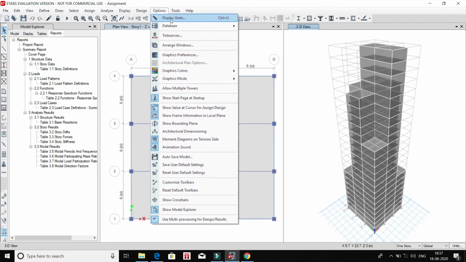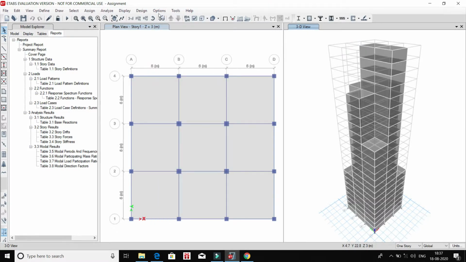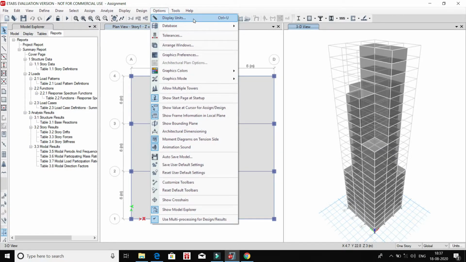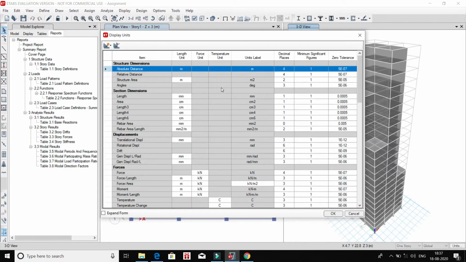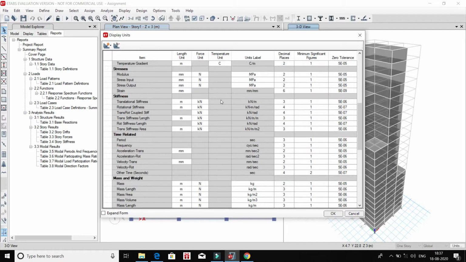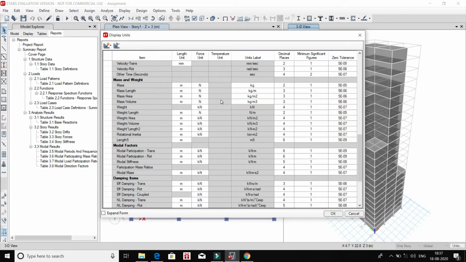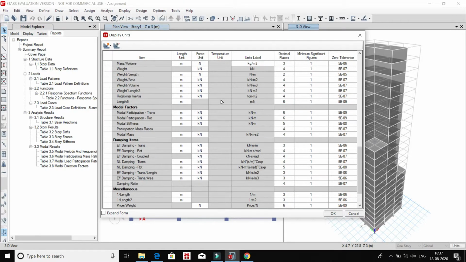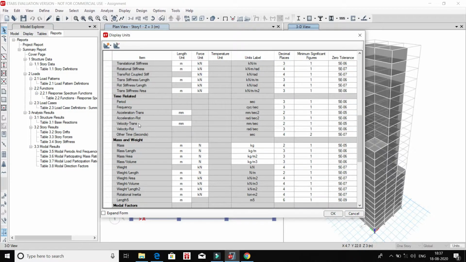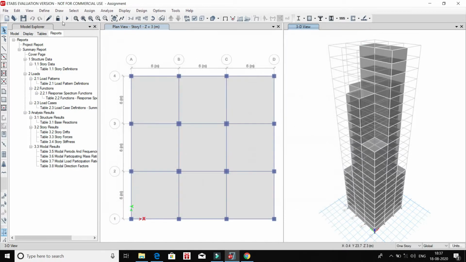Now go to the options menu and then click on display units. Now we have to check the units of acceleration according to the software. Go to acceleration. As you can see, the unit of acceleration is mm/s².